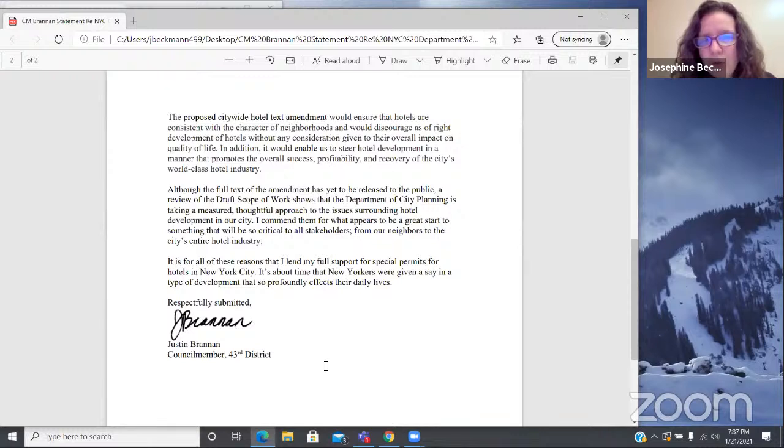The proposed citywide hotel text amendment would ensure that hotels are consistent with the character of the neighborhoods and would discourage as-of-right development of hotels without any consideration given to their overall impact of quality of life. It would enable us to steer hotel development in a manner that promotes the overall success, profitability, and recovery of the city's world-class hotel industry. Although the full text of the amendment has yet to be released to the public, a review of the draft scope of work shows that the Department of City Planning is taking a measured, thoughtful approach to the issues surrounding hotel development. And